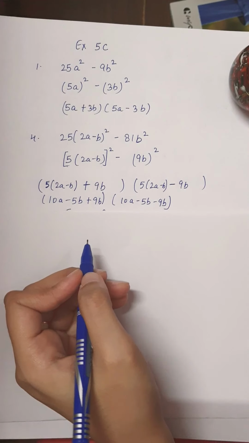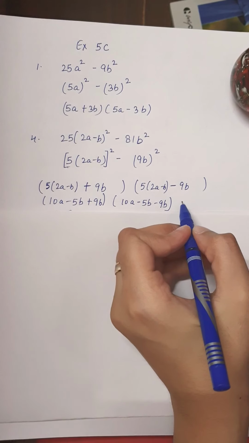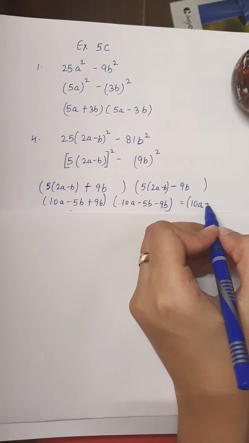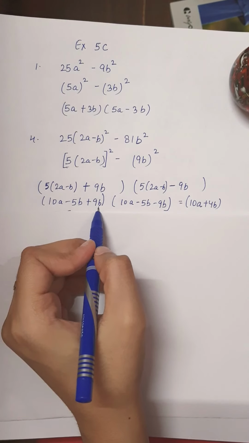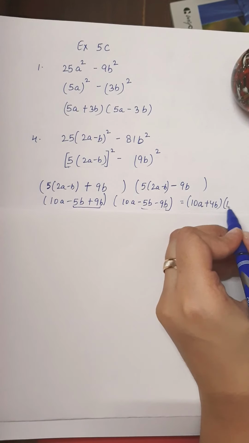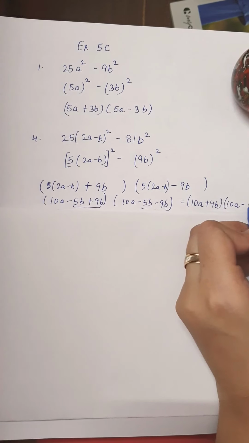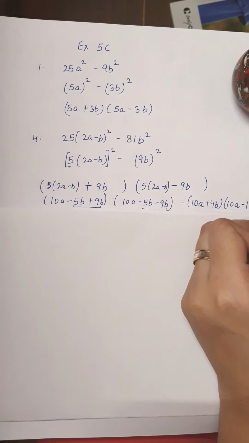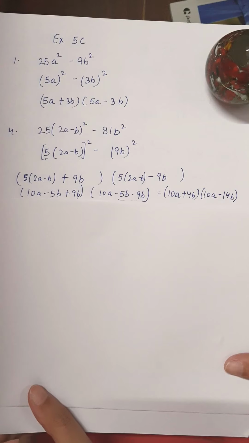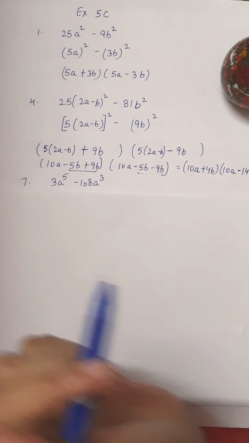Now can you see any like terms? These are the like terms here also and here also, so we need to further simplify. 10a plus 4b. This I have solved, and this one, both are with the same sign, so the next bracket will be 10a, 9 and 5, 14b. Here you can see this. Alright.